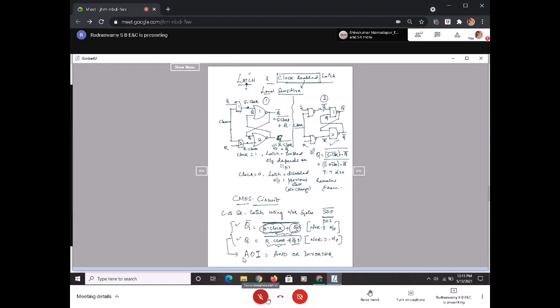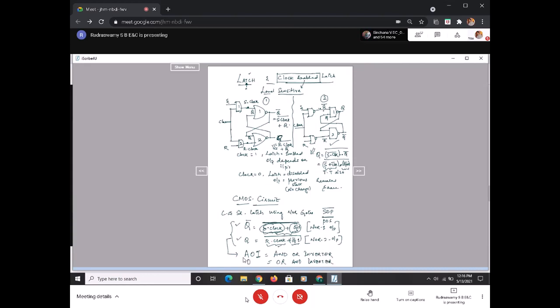Yes, sir. This is the product. This is the sum. This is the product. I can still have this, right? Q bar plus 0 is the product. Then the sum I can take. I can't have Q bar plus 1, it becomes 1. So Q bar plus 0 is Q bar. So this is the sum. This is the product of sums complement, POS complement. So it is OR AND inverter.